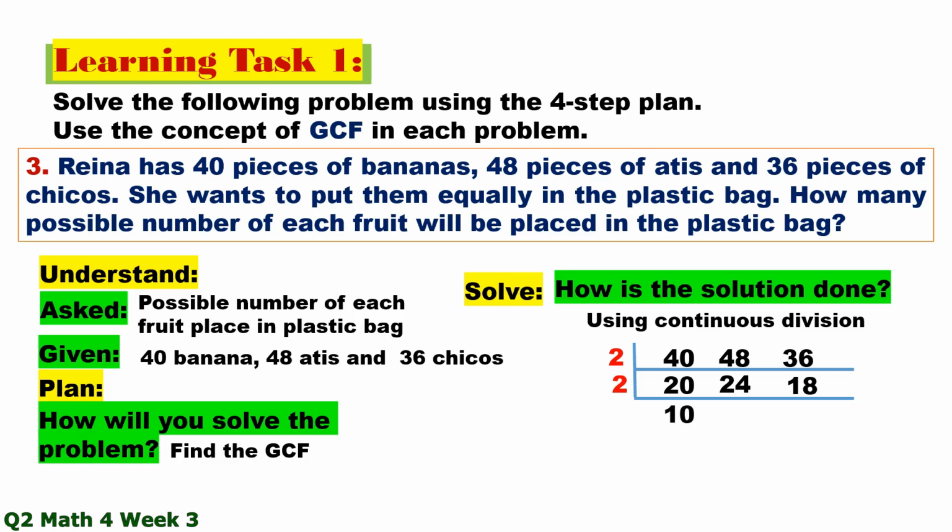20 divided by 2, 10. 24 divided by 2, 12. 18 divided by 2, 9. Therefore, 2 times 2 equals 4. So,